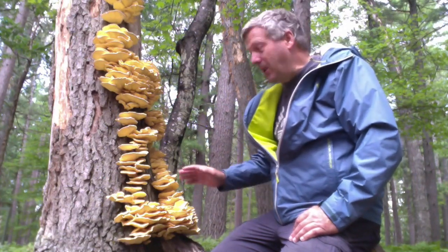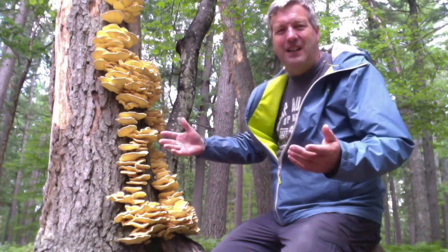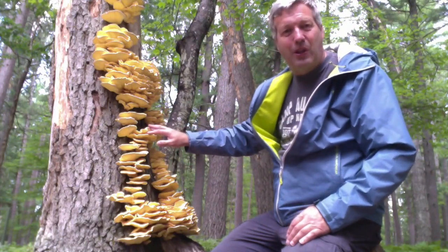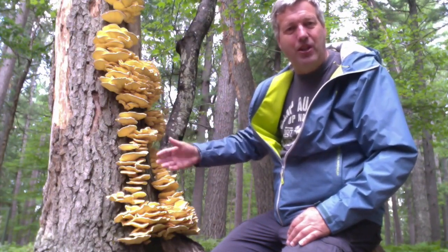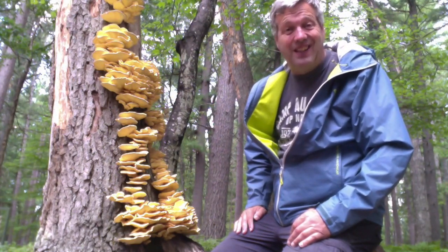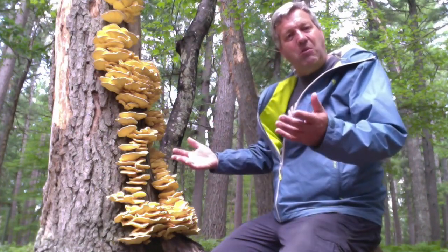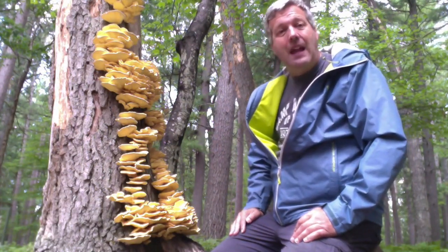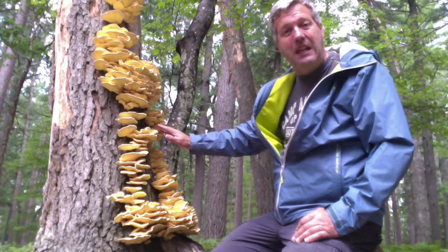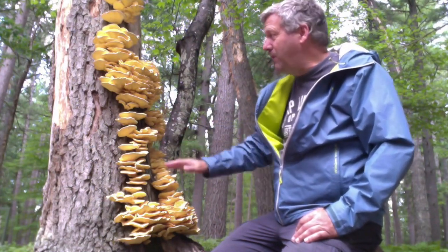But a dead tree is also useful because fungi will grow on there. Now, what is a fungus anyway? Is it a plant? No, it doesn't produce chlorophyll and then produce its own energy from sunlight. Doesn't really have roots and stems. It's not a plant. It's a fungus. Fungi is its own category of living things, and they are decomposers. So this dead tree is slowly being eaten up, or the nutrition taken out of it, by this beautiful patch